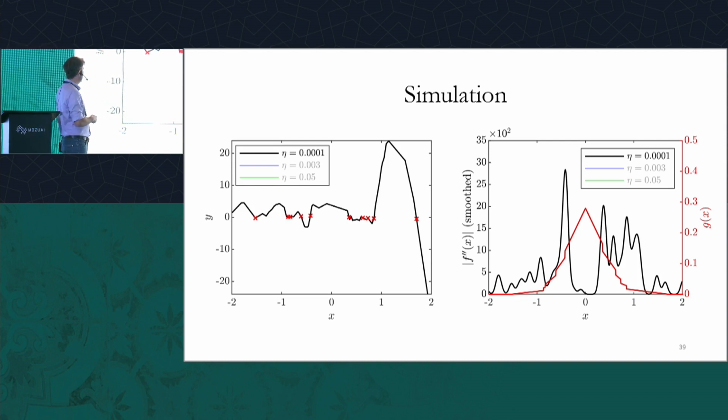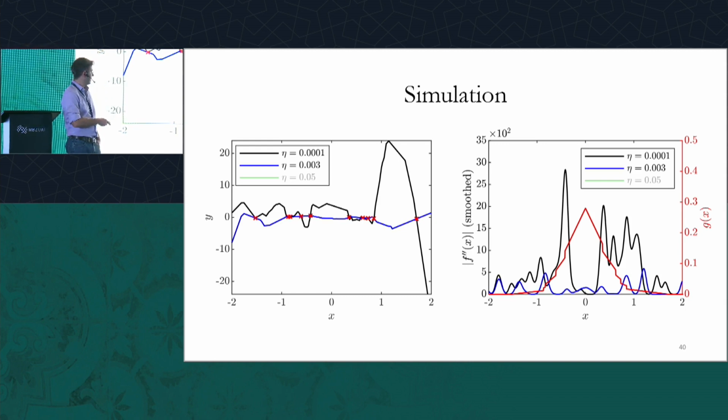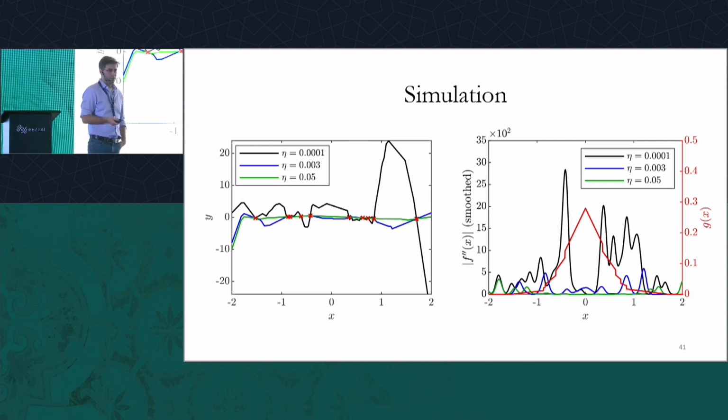For a small learning rate, we get this function which is kind of overfitting, and we see that the second derivative in absolute value is quite high, even though it's a bit lower at the center of the distribution, which suggests there's some weighting effect there. As we increase the step size, we get smaller and smaller second derivative, and the function is kind of smoother. And with higher learning rates, we get much flatter solutions. Okay, so it seems to correspond to the behavior of our bound.